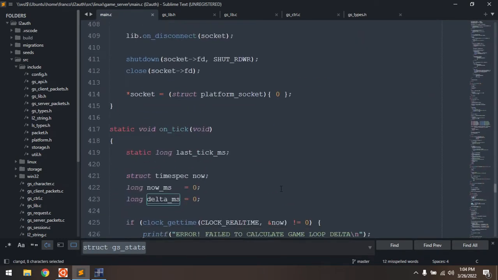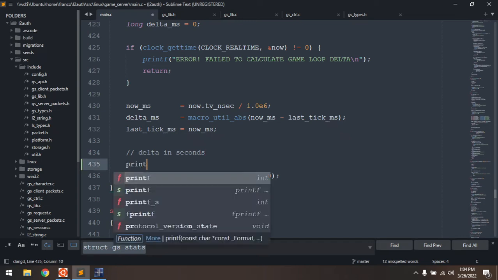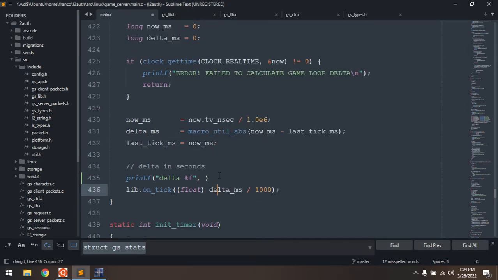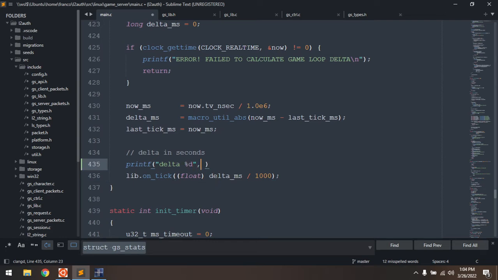Why is that the case? Okay, let's see if printf delta f, or this is long. Okay, well, d delta s,